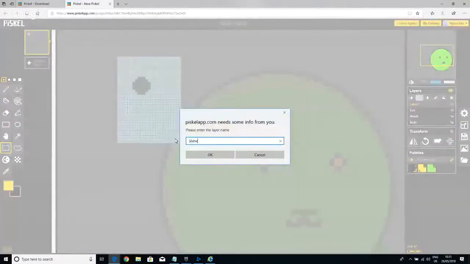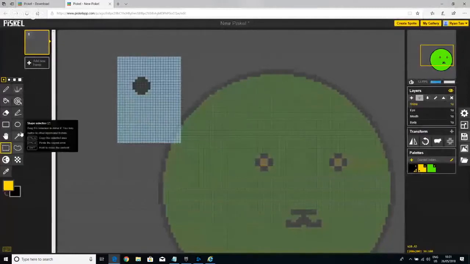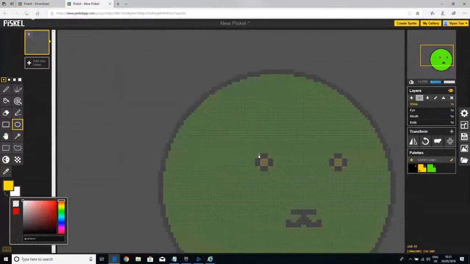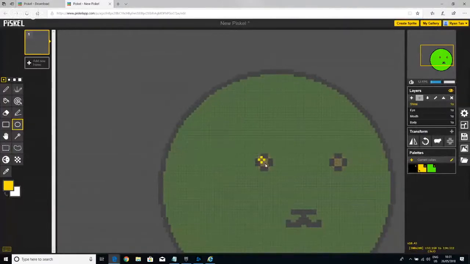You just call this shine. Take a circle tool, draw a small circle. Oops, wrong color. Draw a small circle here. Why you do this one? All right. Draw a small circle here. Let's just color it in, and then